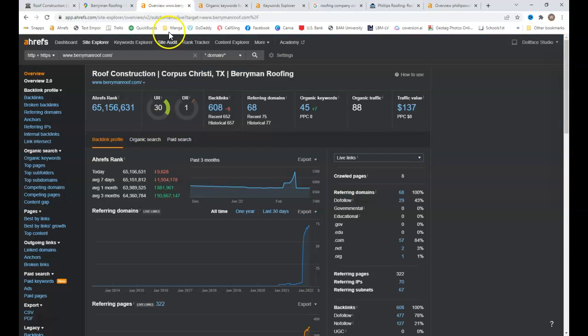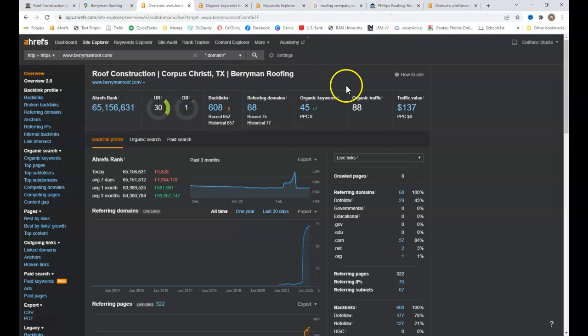And lastly, just continue to build up the strength of your site. So right here you have your domain rating and UR rating. This is the visual representation of your strength with your site. And you do have 68 referring domains, which is sending 608 backlinks. So that's a good start. You really want to build and grow upon that though, because only 29 of those are do follow links. So only 29 are actually giving you power. And really what you want to see here is almost a 1-to-1 ratio. So you really want to do something to get this domain rating up.